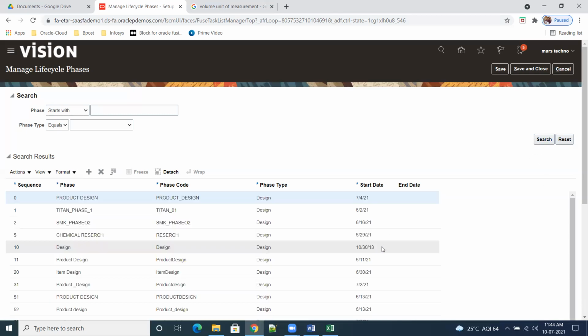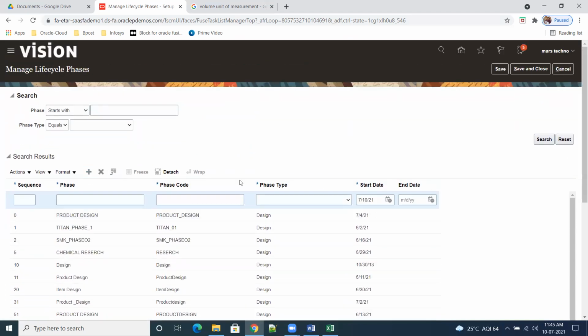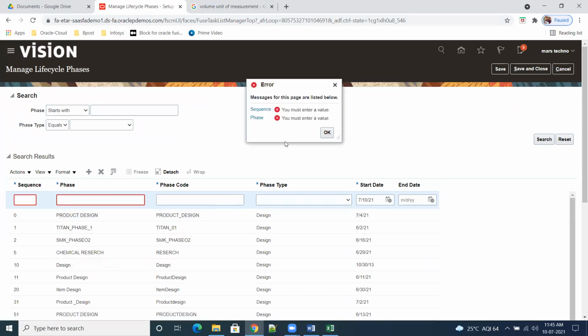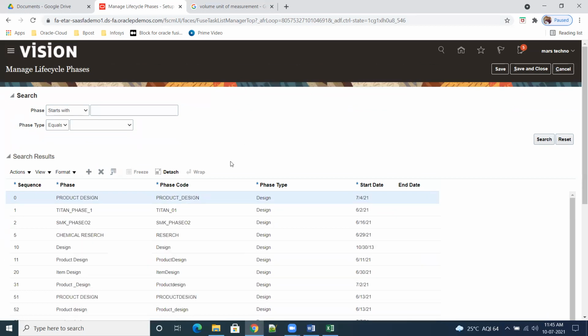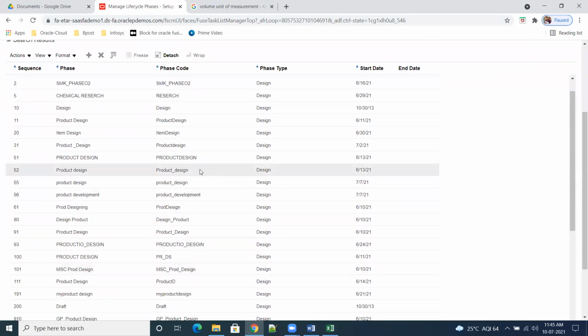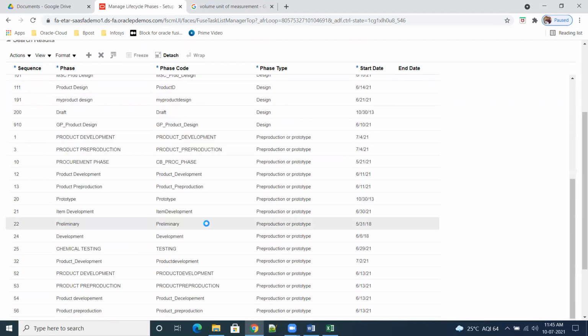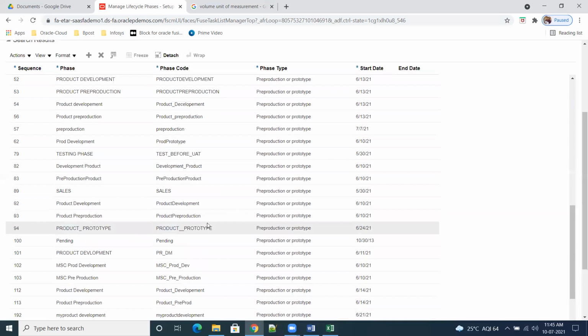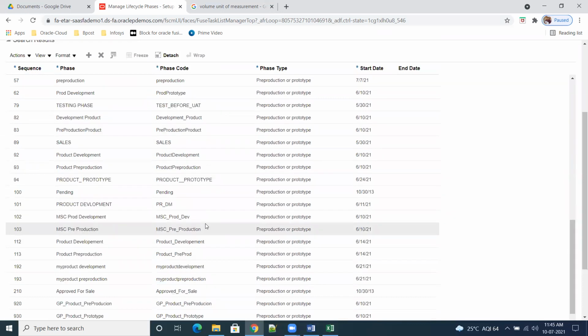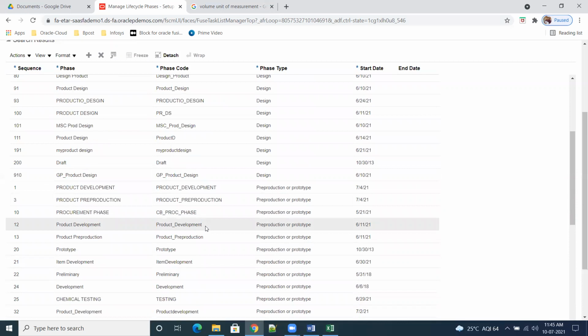So what all are we going to have? It is having design. We have 4 things. They have created a lot of things. I click on plus. Here we don't have. Okay, so design, there are 4 things. I'll show you that in the item classes. I forgot those things, but it is only 4 things: design, development, obsolete, and production.